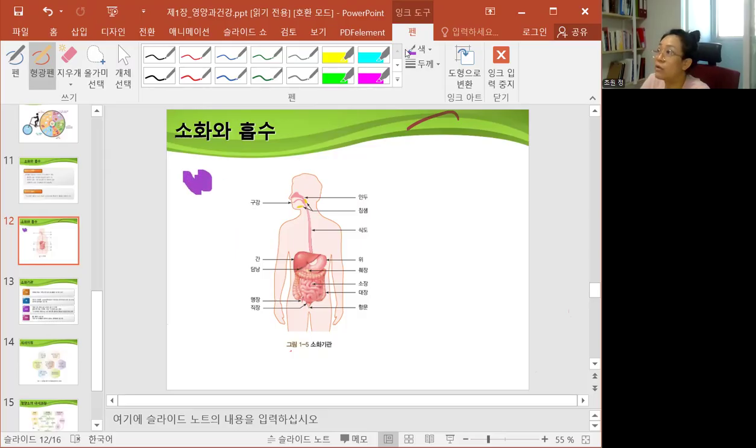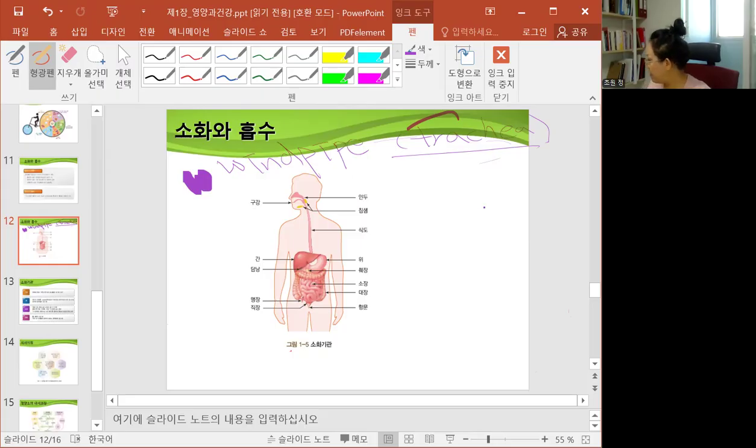To make sure the food does not go into the windpipe, also called the trachea, a small flap called the epiglottis closes during swallowing. From the pharynx, food enters the esophagus, a muscular tube about